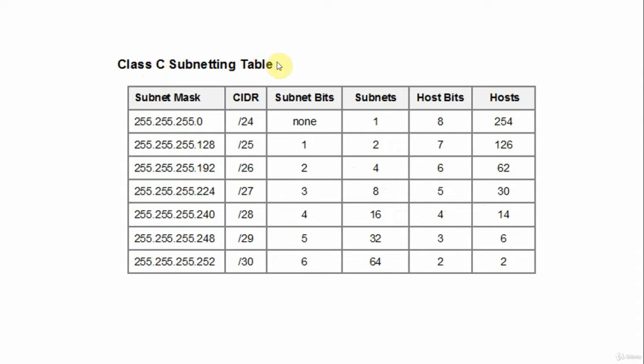So there's your trusty subnetting table. Locate the hosts. I want 10 hosts. If I go to this column, 6 isn't going to be enough, so I have to go to the next one. That's 14. It's a little bit more, but it gives you some extra, so that's fine. So that is the subnet that's going to do the trick. That's 4 host bits in the 4th octet, and 4 bits assigned to subnet bits in the 4th octet. It's a /28 mask,